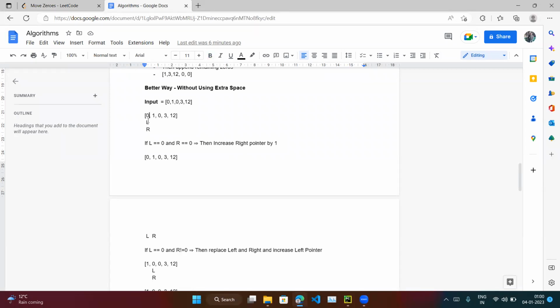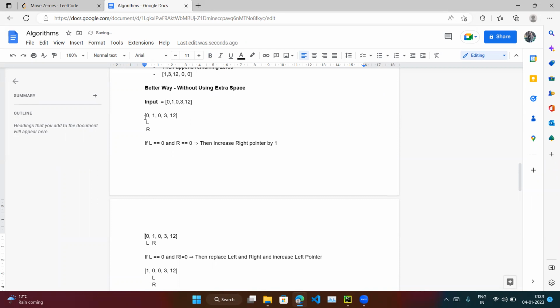So we can check, let's suppose in this case both elements are zero, right? We can't do anything, if we swap left or right there is no use. So what we can do is increase our right index. So if left is 0 and right is 0, we increase our right index. Now the left index is on 0 and right index is on 1. If left index is 0 and right index is not equal to 0, then we are going to swap, because we need to